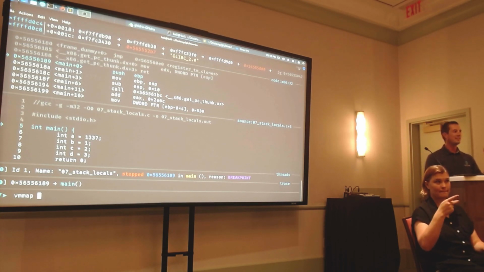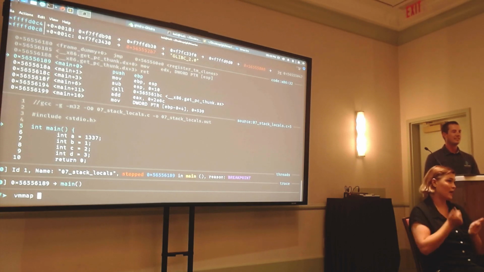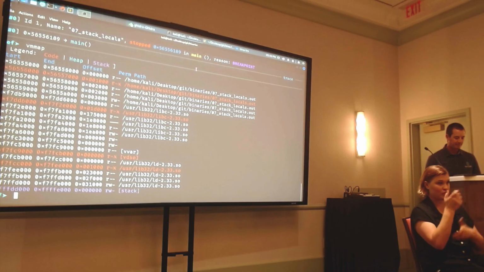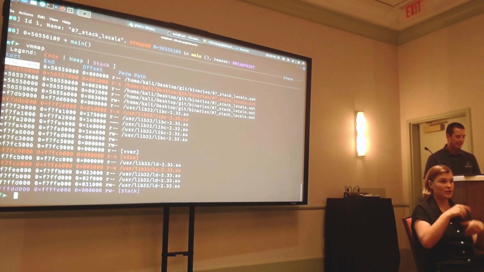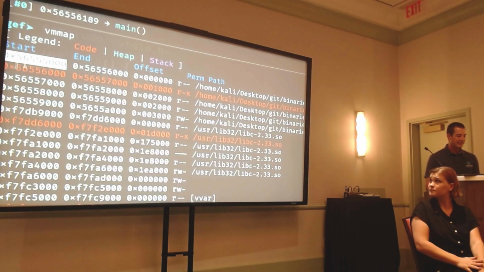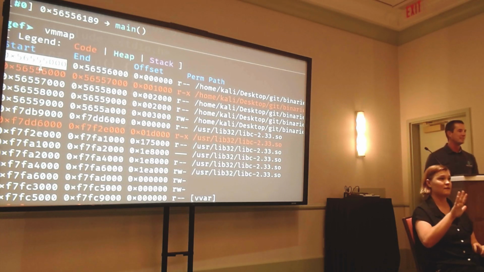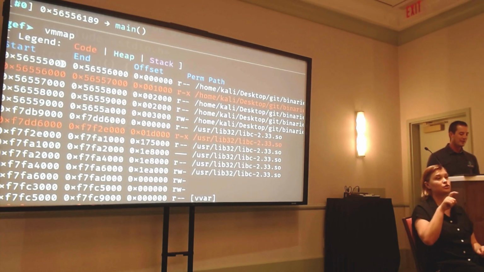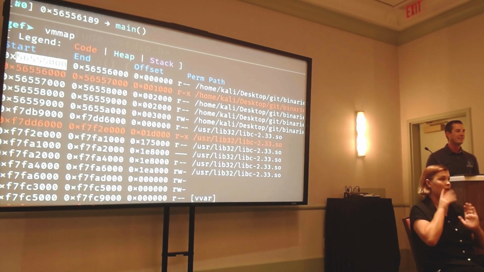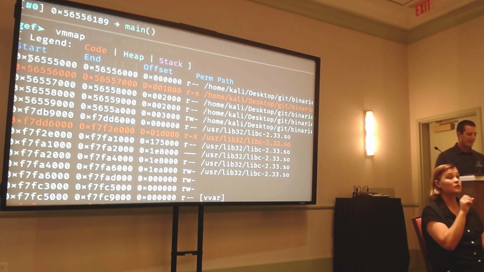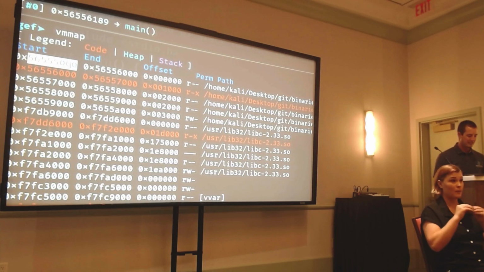This will find you all of those memory addresses, or the different addresses of the memory sections here in GDB. So at the very top here, this address that we have, 565555000, should actually be our image base. So this is the number that we wanted to put into Ghidra. So if you were to copy that number or write it down,